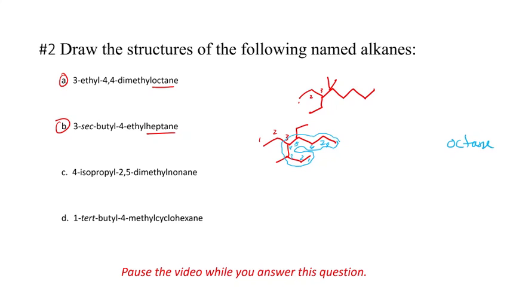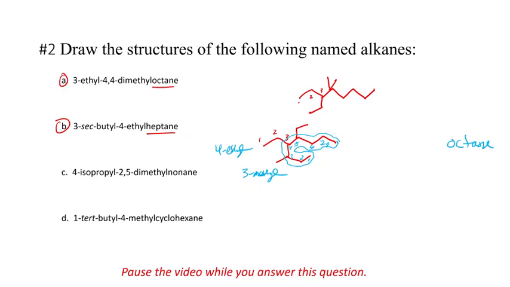Now, we don't know why the person chose 3-sec-butyl 4-ethyl heptane. Maybe the context is that they were studying a whole bunch of heptanes and they just happened to have different groups on them, and so they wanted to name them similarly, and they decided to use 3-sec-butyl. It's completely fine. However, we can name this without all this hyphenated stuff by saying this is a 3-methyl, a